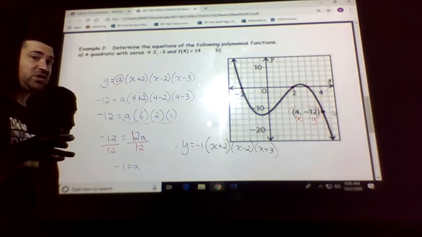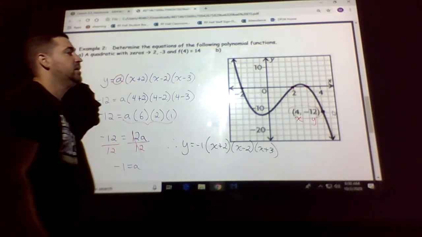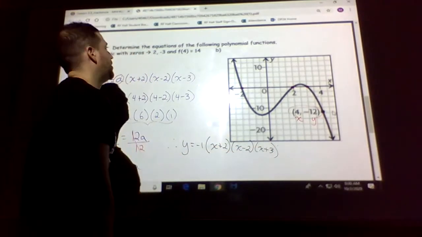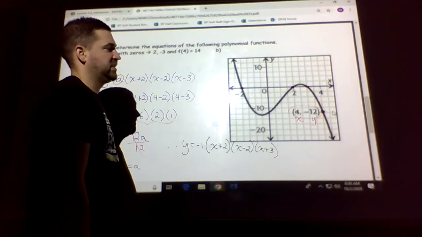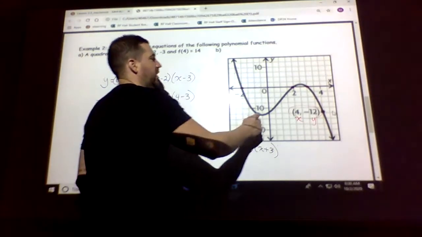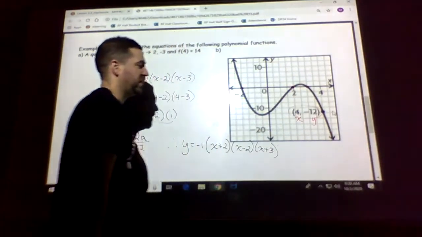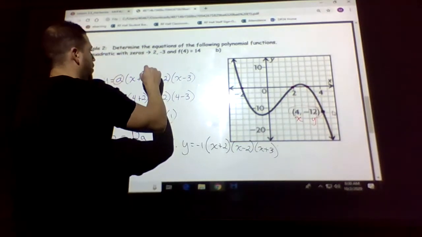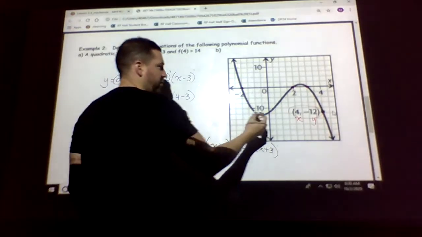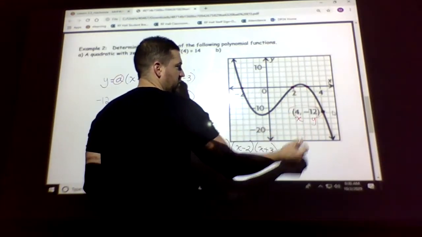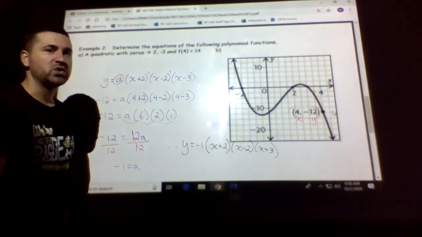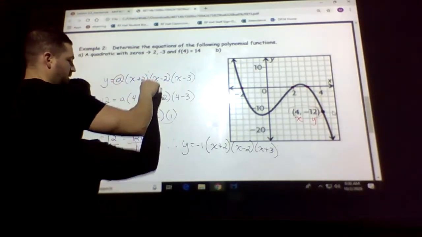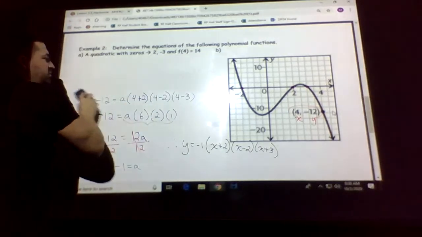Last thing you have to check, be careful with this, is the orders on top of the brackets. So I kind of messed it up and I didn't say it at the beginning. But since the line cuts through every time, then we're going to put an order of 1 on top of them. So this was an order of 1. If it touches and then turns, then you would put an order of 2 on top of the brackets. Okay, so order of 1. Okay, the last thing I want to mention,